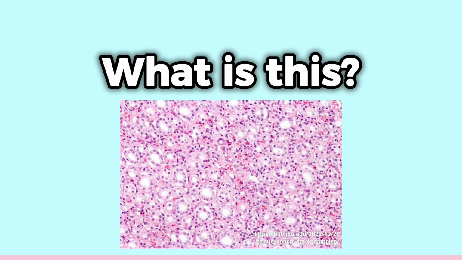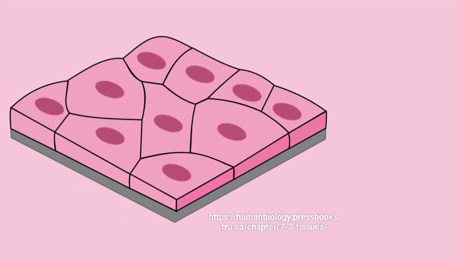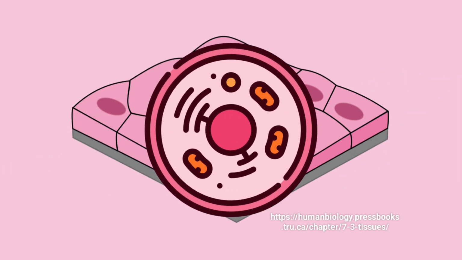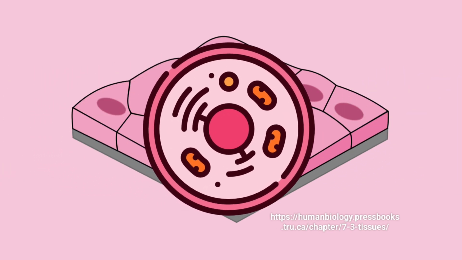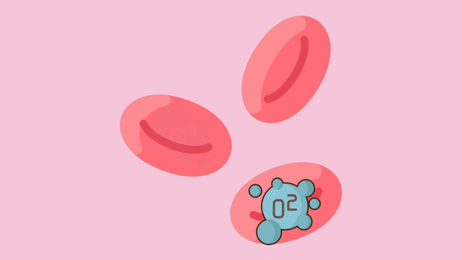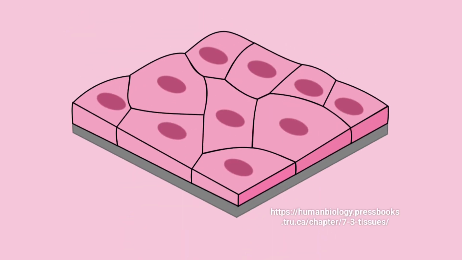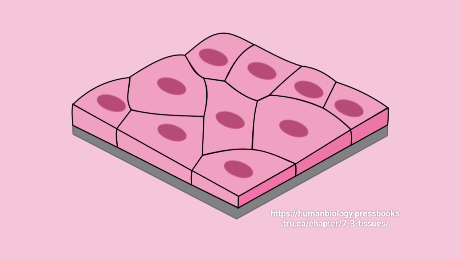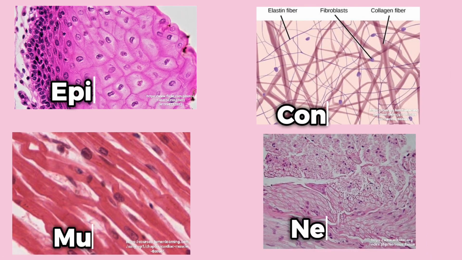Now, it's time to dive into what a tissue is. A tissue is a collection of cells or fluids that collaborate to carry out a specific function in the body, such as the cells in organs, like the kidney or heart, or blood cells that transport oxygen to and waste products from the body's cells. Tissues can transport cells, protect, absorb, and secrete. But there isn't just one type of tissue, there are 4 major types.